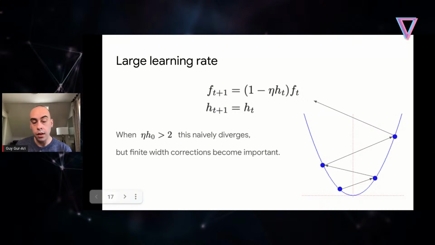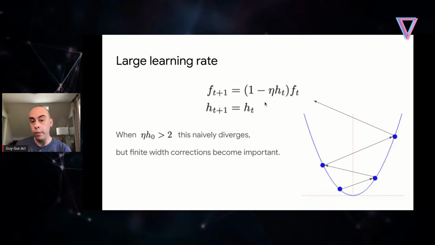If we train with a larger learning rate, the linear model is going to diverge. You see this factor here, which is constant, is going to be bigger than 1 in absolute value. And so as we're training, the network function is going to explode exponentially fast in the training step, and it's not going to converge. Because the loss here is just f squared, the minimum is at f equals 0. So here the function is exploding and it's not converging.